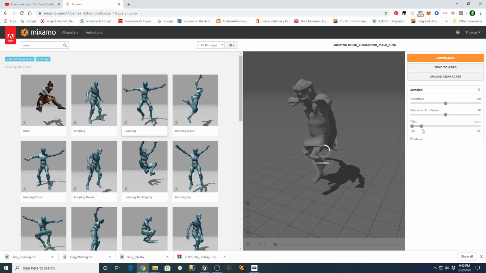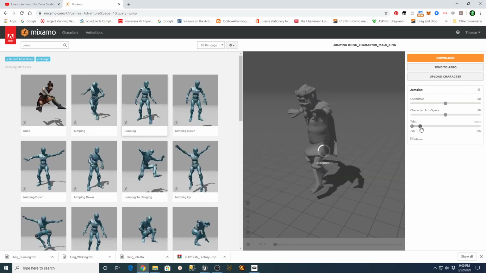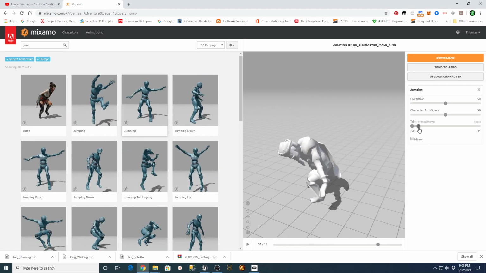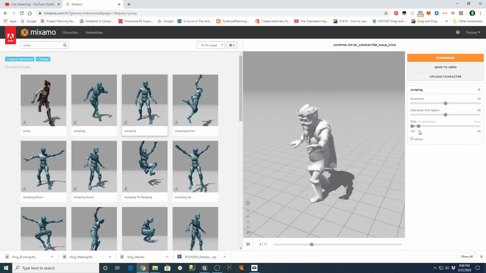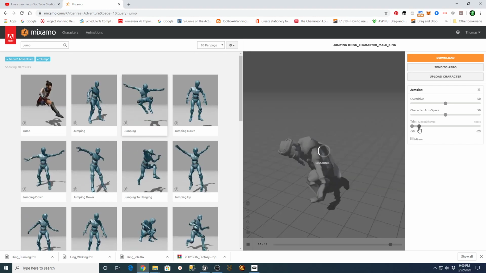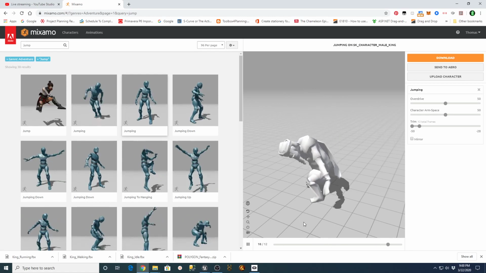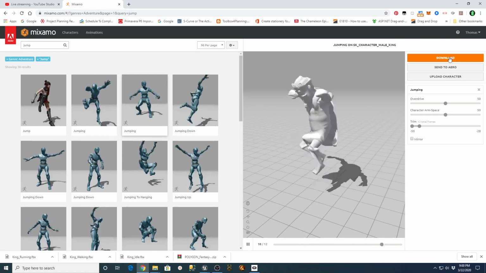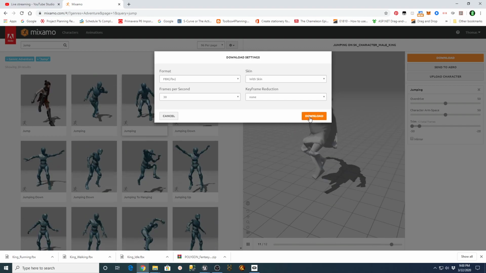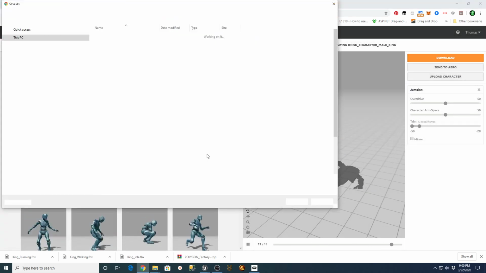Let's go, 13, there's 12, 14, there should be 13, nope. There you go, 13 total frames of that. And I'm going to download that, and we want to call that King Start Jump.